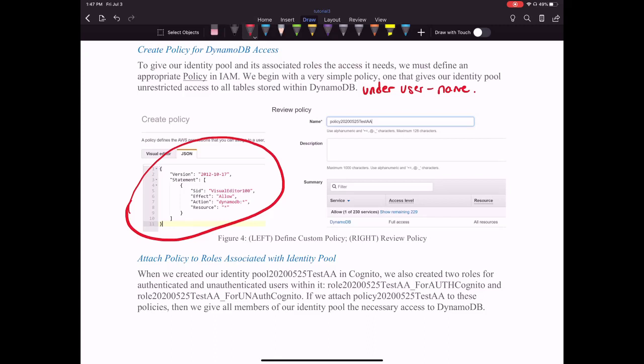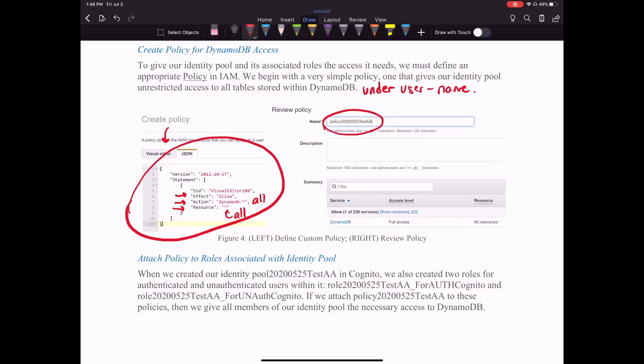You can use their visual editor, which helps you to create a policy, but really for very simple policies, it's almost just as easy to go in and write it as a JavaScript object. Pretty simple here. You set the effect, which allows users to perform certain actions. We put a star, so that means all actions. And then for certain resources, we put the star again, meaning all the resources that are associated with our username. We give this policy a name,